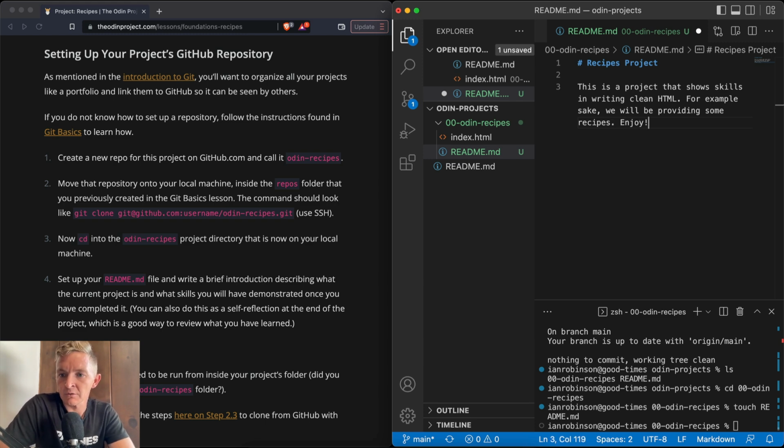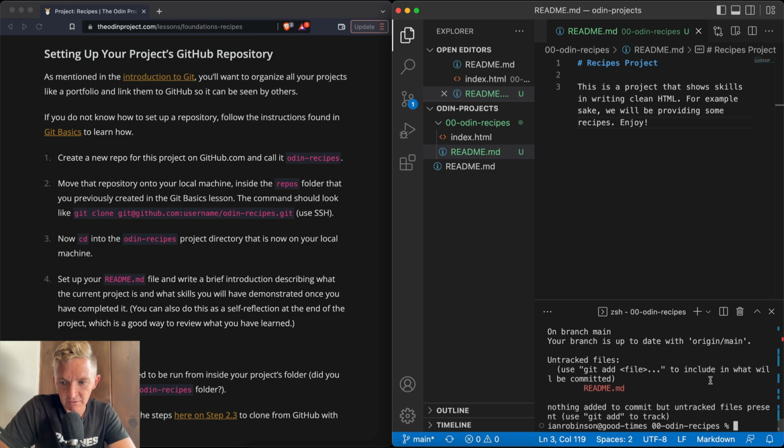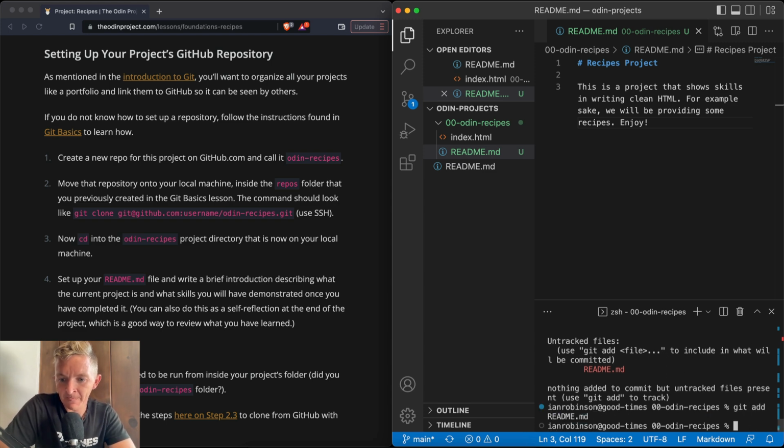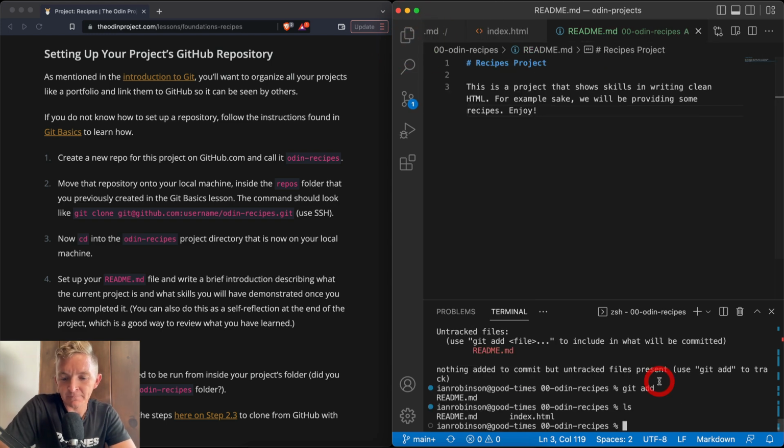Enjoy. Cool. Now we can save this. And again, if we list it out here, right now we're not in the root directory. So if we say git status, oh cool, you can do that. Okay, so git add, and I'm just going to add the README. And now if I go ls, you'll see that it's there. So git status,